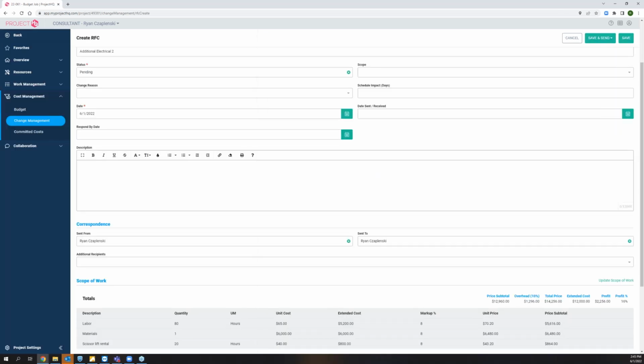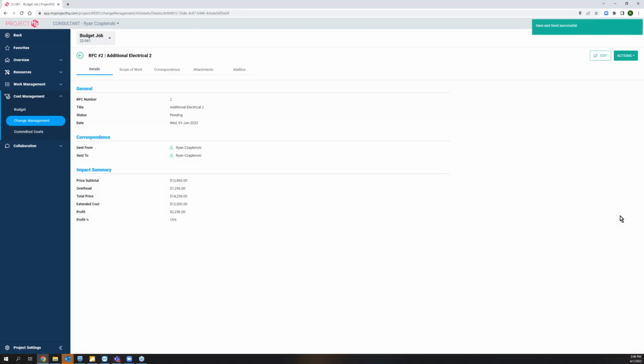Just so we can see what this one looks like in a minute, I'm going to email the detail with unit price, so the most detailed version of the change order. And while we're waiting for that email to come through so we can see what that form looks like, we'll take a look at the importing in Foundation. So on the one that we already got approved, we pushed it to Foundation, potentially emailed that to the accounting team so they know it's there. So then in Foundation,